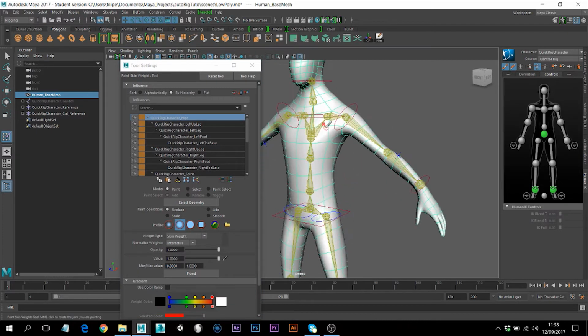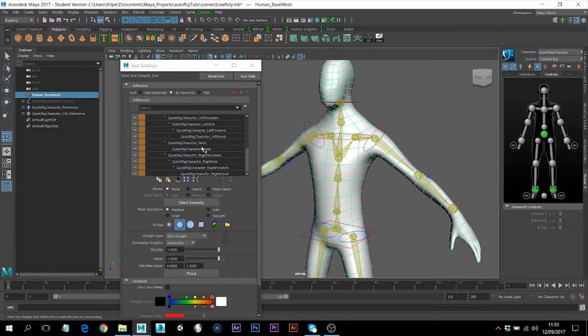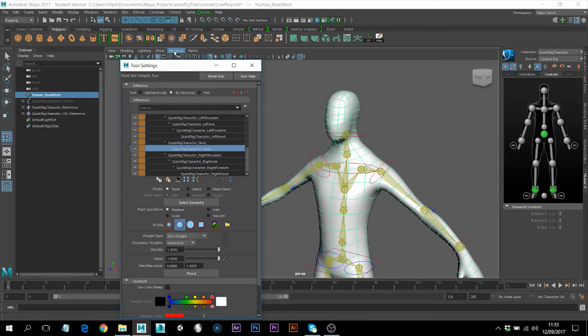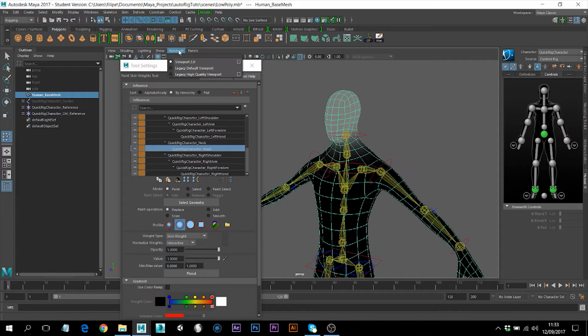If you select here, let me go down. I will show this example, the head example. I want to select the head joint, so I just select this one. Let me check something. Make sure that you are in this viewport, the first one, to be able to see the influences of the joints. So basically what we're gonna do now is